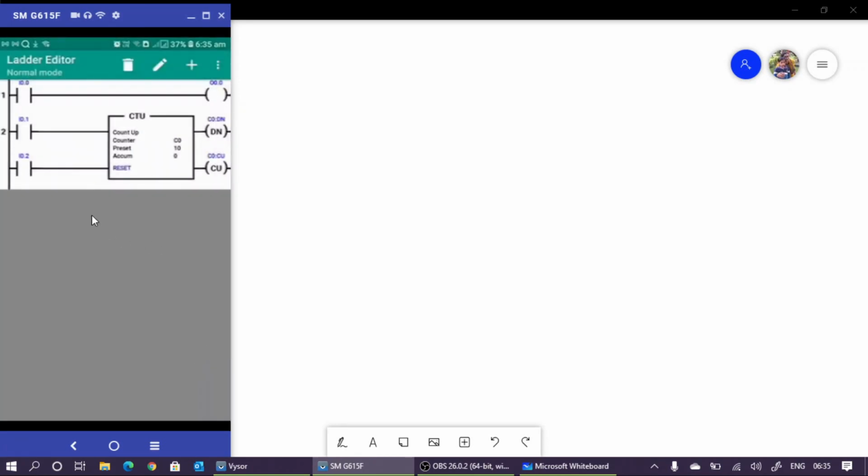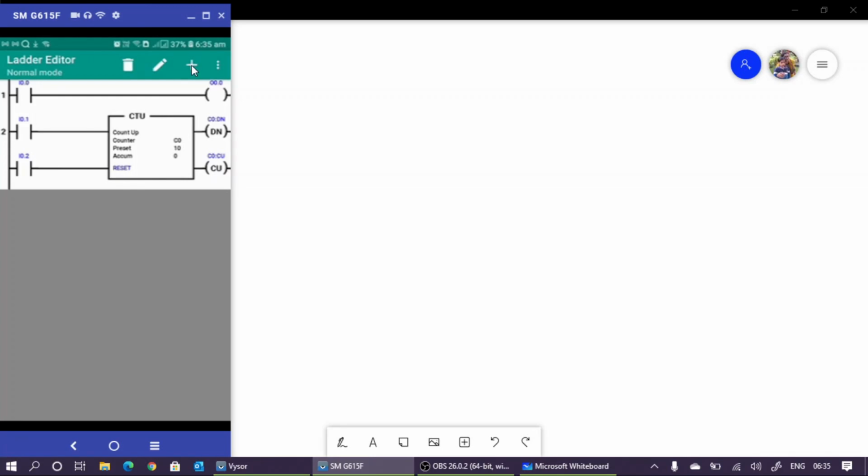You can see that the counter is added. This one is the power, this is the reset, this is the done bit, and then this is CU. CU indicates whether this counter is working or not. That we can see from this one. Okay. Now we can add one more rank.